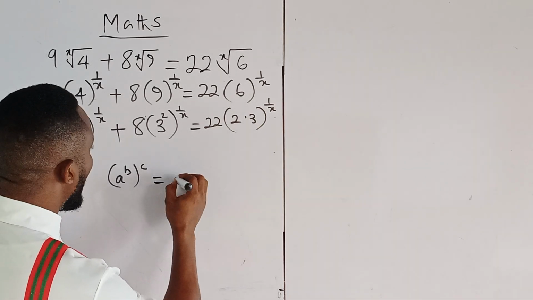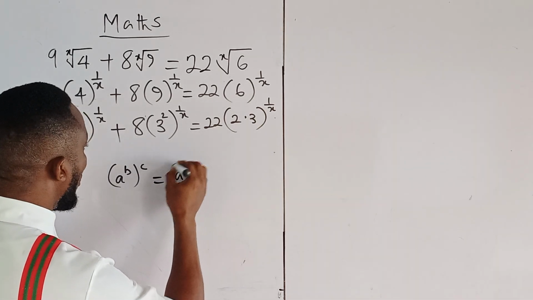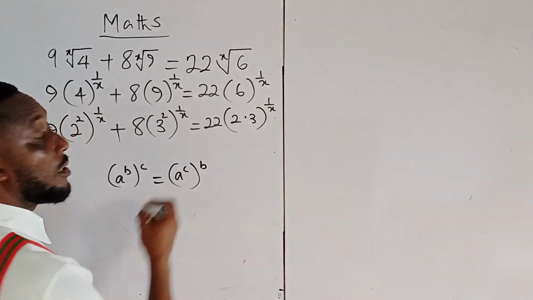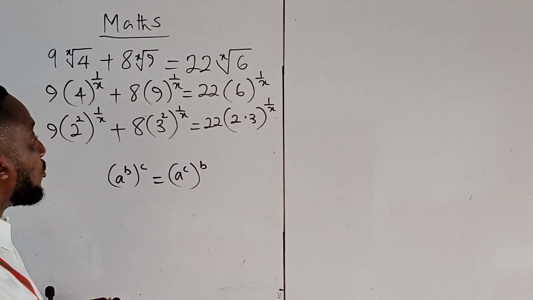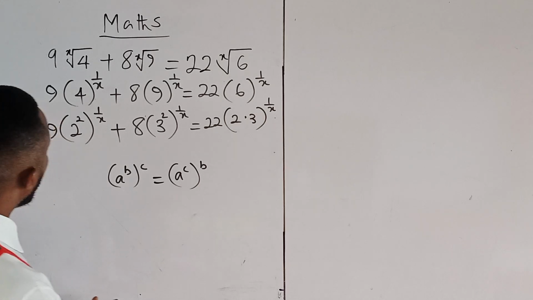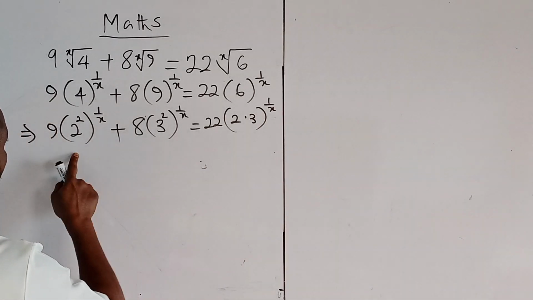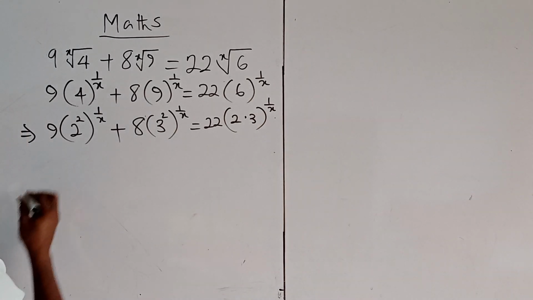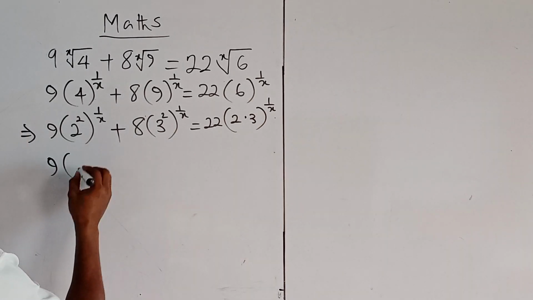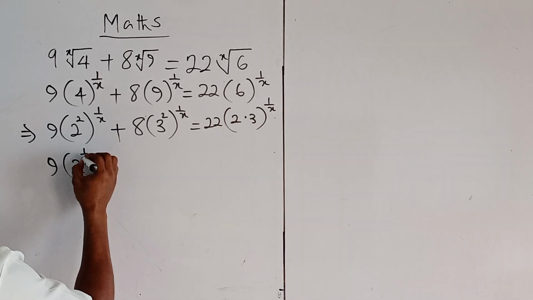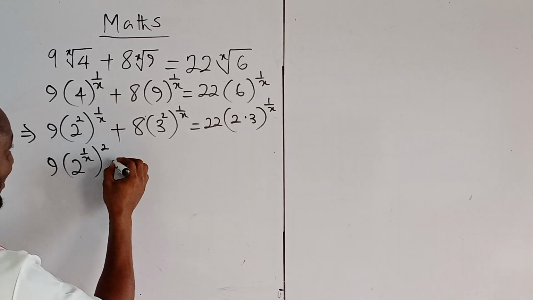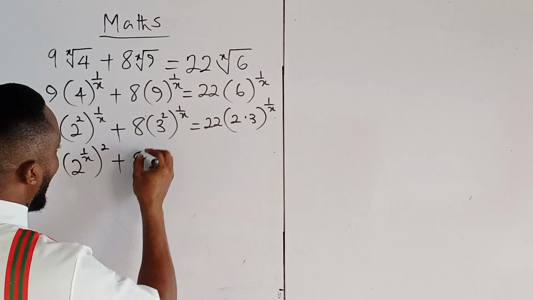I can write this to be a to the power of c whole power b, just a change in commutation. So with this, I can rewrite this left-hand side to become 9 multiply 2 to the 1 on x all squared,